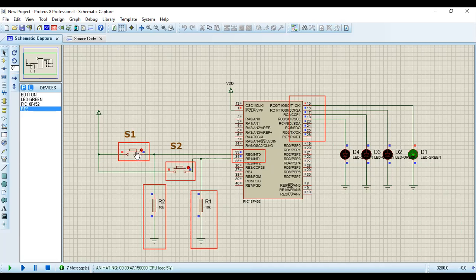Similarly, let's say one more person entered, and the sensor detected and sent a signal. So we have to press it again. As I pressed it, you see it is binary 1 0, which is 2, right? Let's say we press another time, so it becomes 3. I hope you can see it. Now let's say 3 persons are present, and now I want to show the effect of exit.